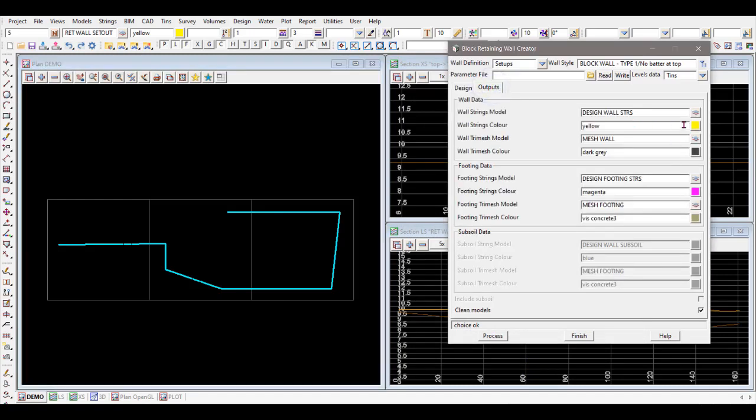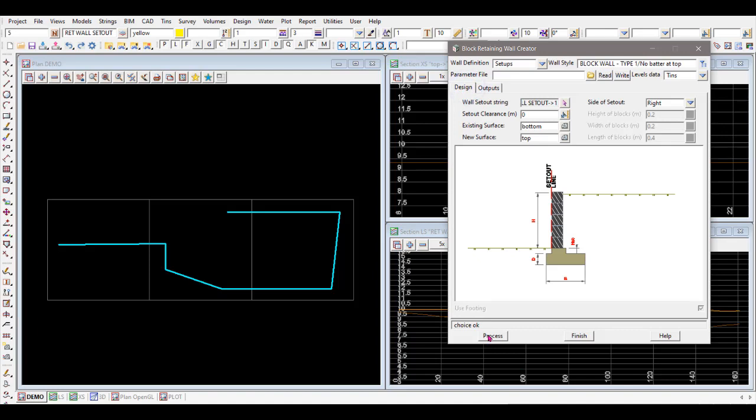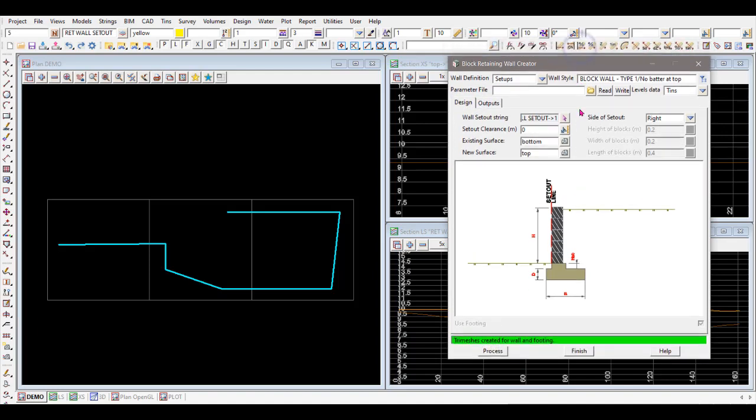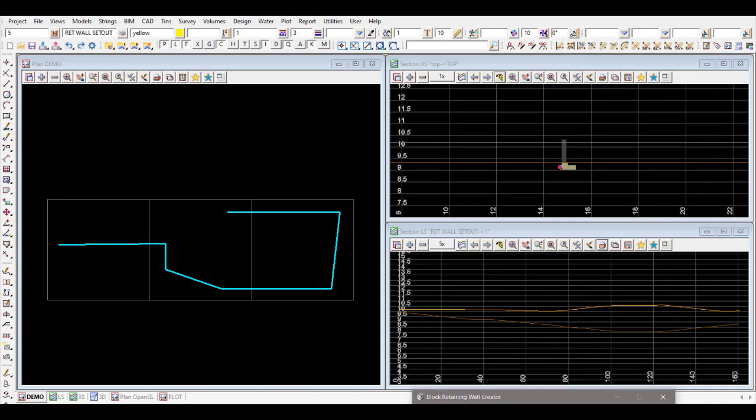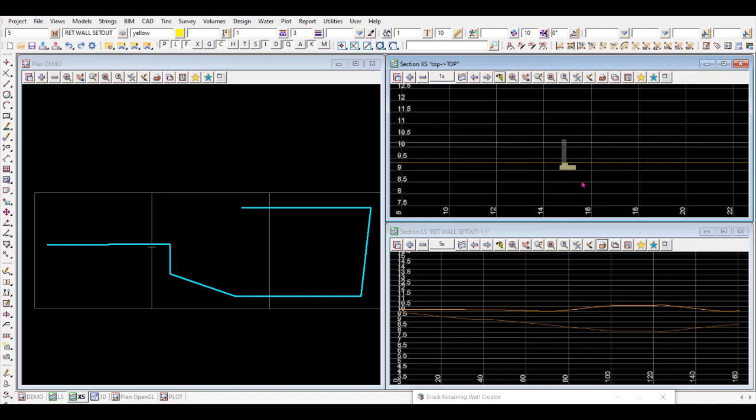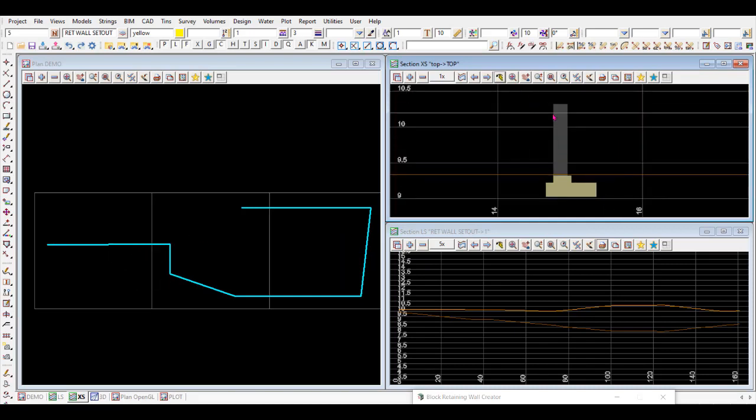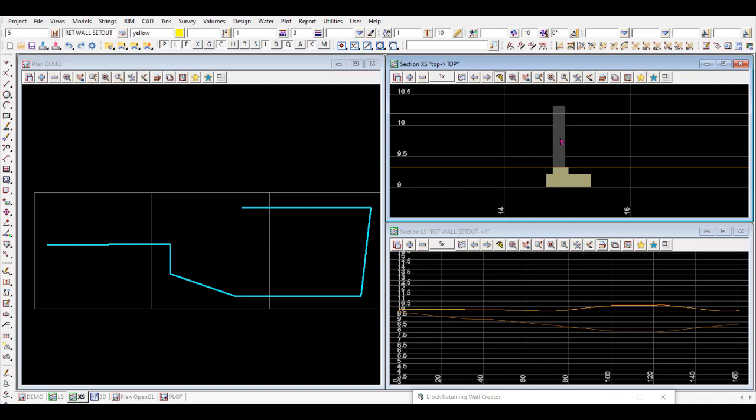Yeah, and I actually just changed some of the colors as well here, just to make it a bit more obvious for this plotting exercise. So just process that. Again, we get a green bar down the bottom, and yeah, just got a cross section here, just through this area here, and there's my wall solid tri-mesh. If I regenerate that, it'll show me the wall